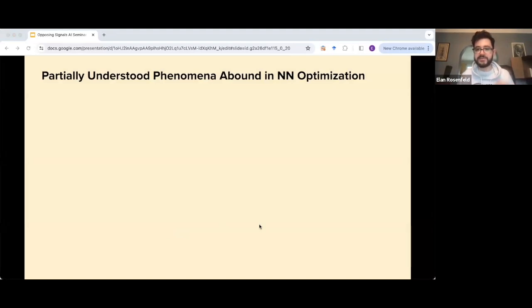If you've been aware of existing studies of neural network optimization, there's a large and growing list of observations of what happens, and all of them defy the traditional understanding of optimization in the sense that we don't fully understand them. Existing tools can't really fully describe them. I'm going to run through a very incomplete list. Don't worry if you're not familiar with every item on the list. It's just to give a sense of the magnitude.